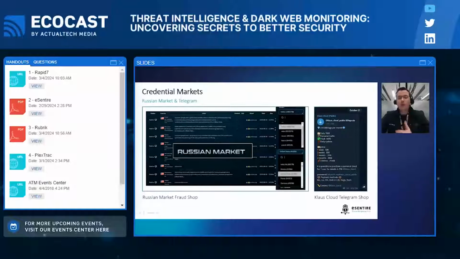So let's look at where credentials can be purchased. Now, there's a few shops out there, and we refer to them generally as fraud shops, like Russian Market, that sell compromised or stolen credentials from usually live systems. Info stealing malware will typically scoop up nearly every username and password from a compromised machine, and that can include session cookies that they can then turn around and sell on things like Russian Market. Threat actors can even search the posted logs here before they buy. And on the right, we also have an example of bulk log distribution via Telegram.